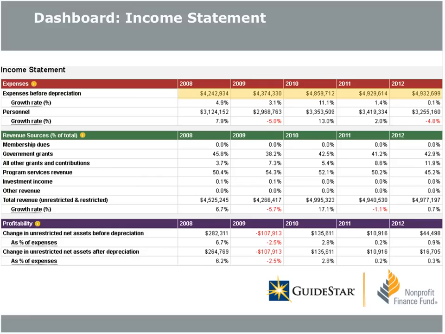We can see the growth rate for each of the years, always positive, always relatively modest with the exception of 2010. Personnel has grown as well, but looking at the revenue sources side, we see a fairly consistent mix. So reliable income streams have been supporting this growth over the period: government grants, a modest amount of grants and contributions, but a sizable amount of program service revenue. Those might be the relationships that they have with employers. It's gone down just a little bit, but remains right around